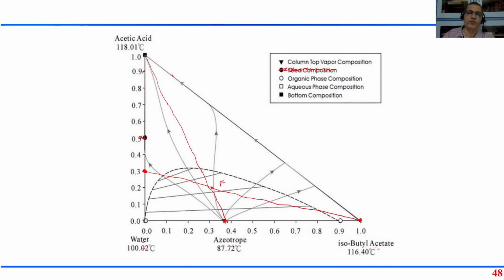That will split into two phases, one here and one here. Actually, I don't need to worry too much about where my feed is. Even if I join this line, now do this properly, you should be able to do it properly. If I add too little feed, maybe I will be here. And now if I distill, I will get